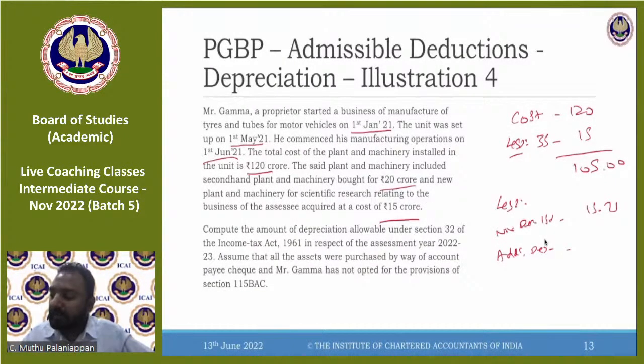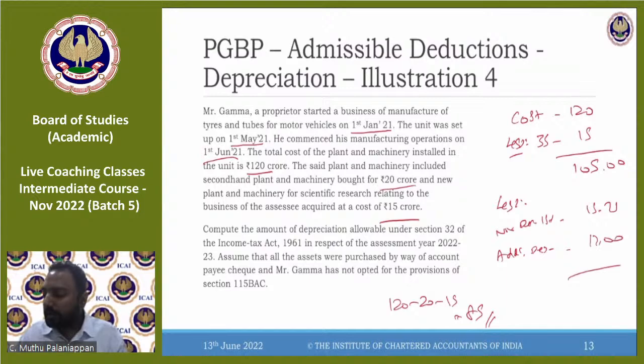So now second-hand machinery can be only obtained on 120 minus 20 minus 15. So it will be 85. So you can apply additional depreciation only on 85. How much is additional depreciation? 20%. So now 85 into 20%, you get 17. So your total depreciation is